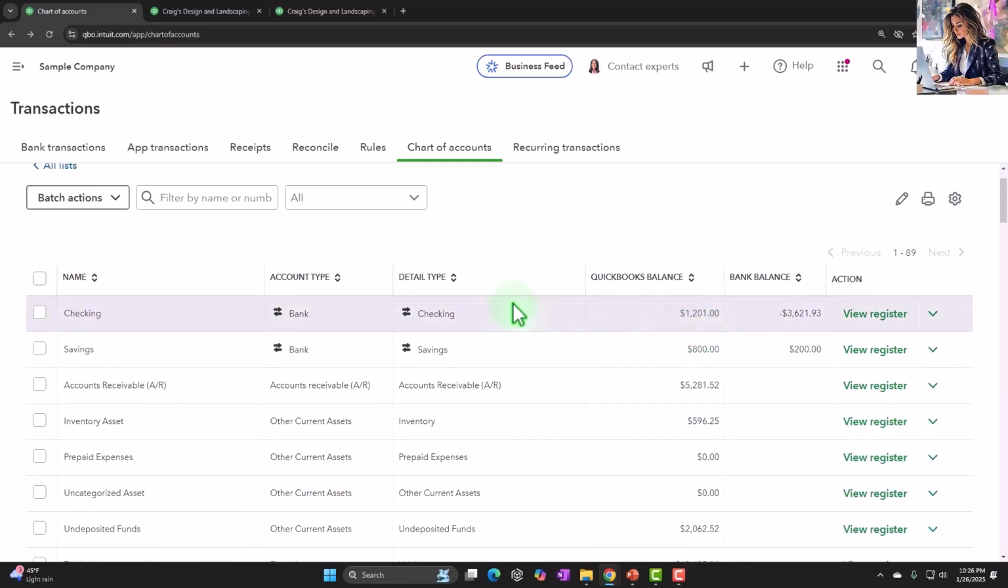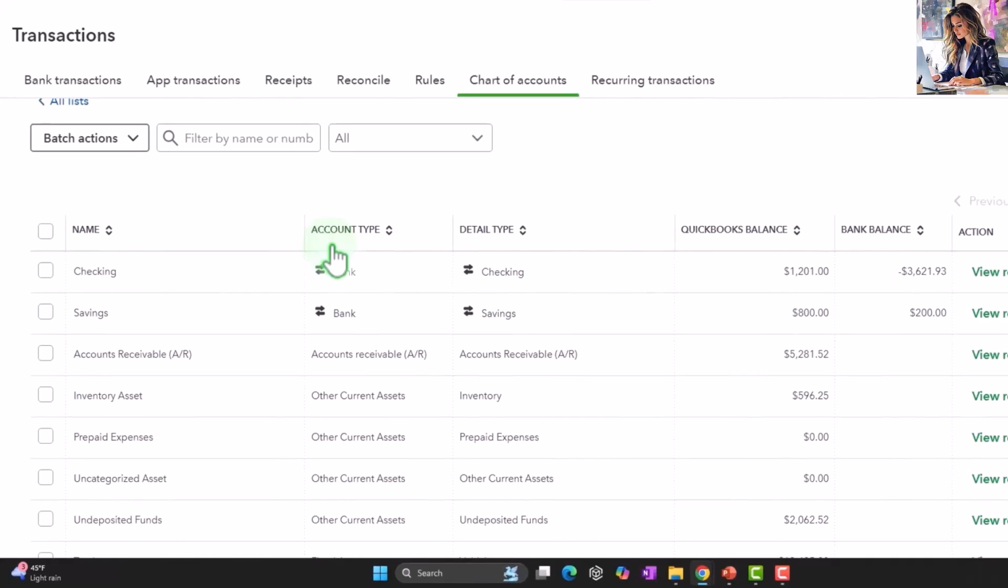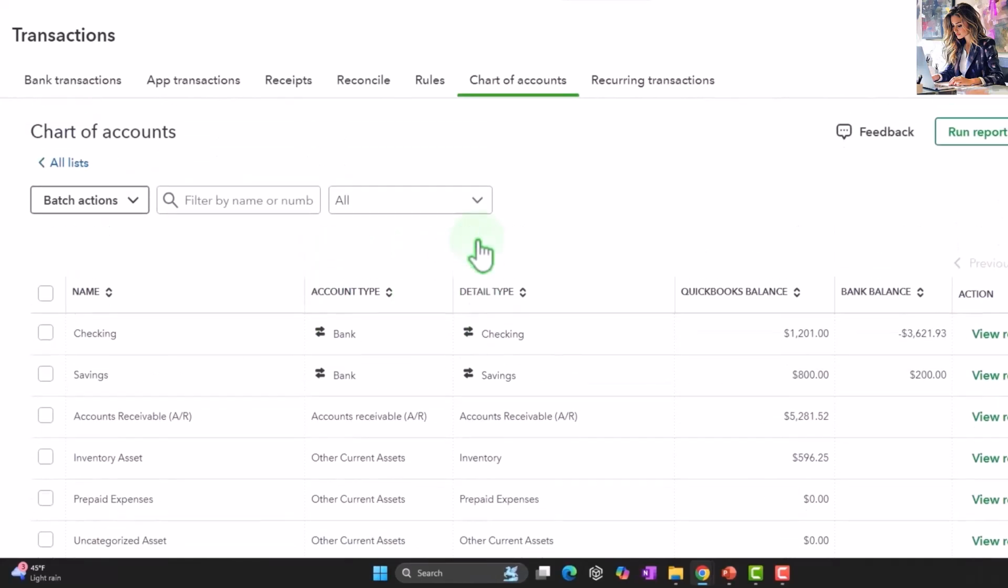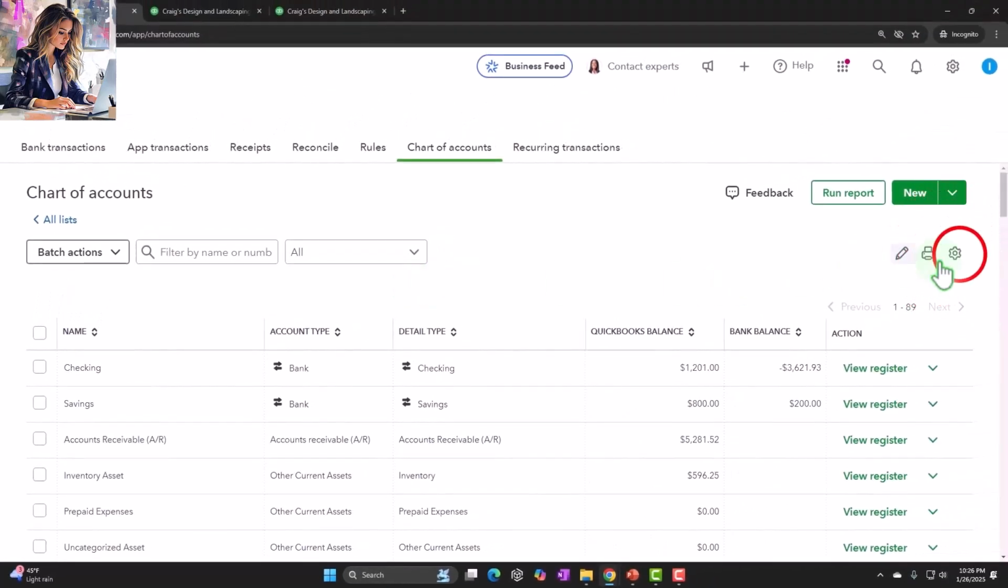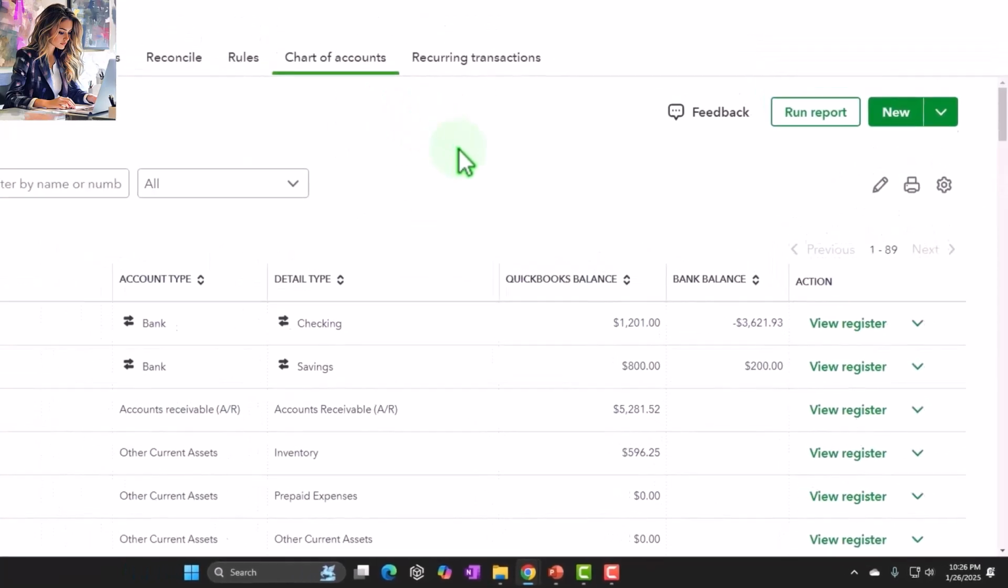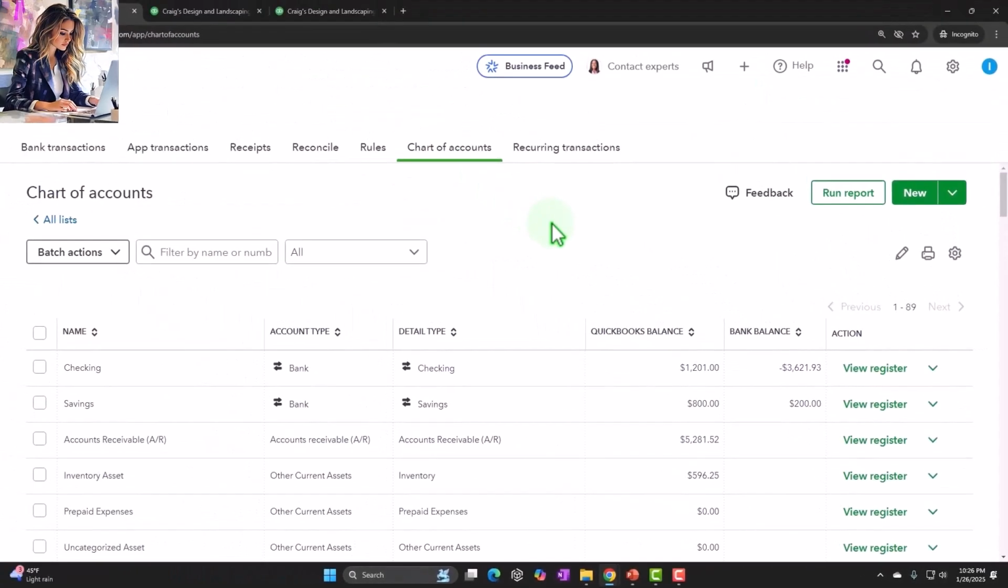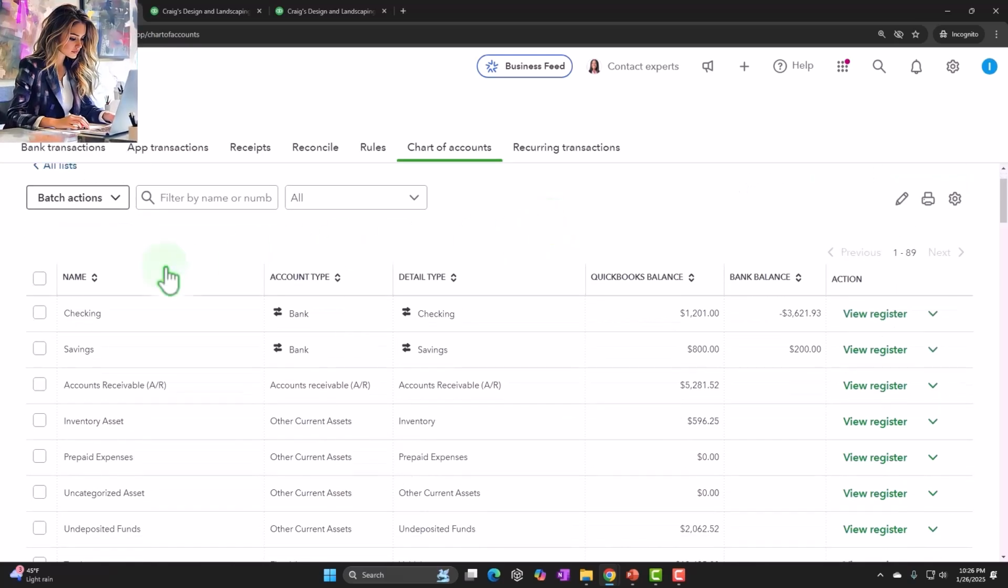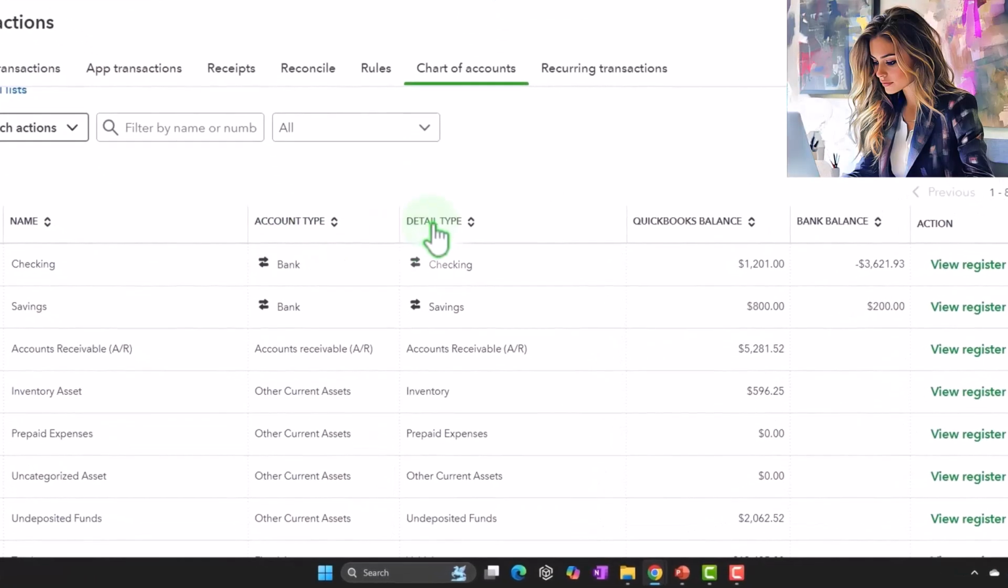So we have the name, we have the account type. If you want to see the inactive accounts to possibly make them active again, that's when you would go into this one, clicking it off so you can see the inactive accounts. Otherwise, they won't be there, because that's the point of making them inactive. We don't want them in the way. All right, so then we have the name, the account type, the detail type, the QuickBooks balance, the bank balance,